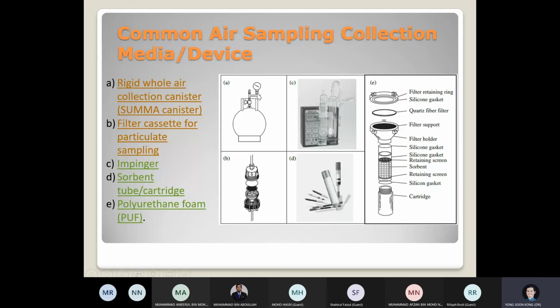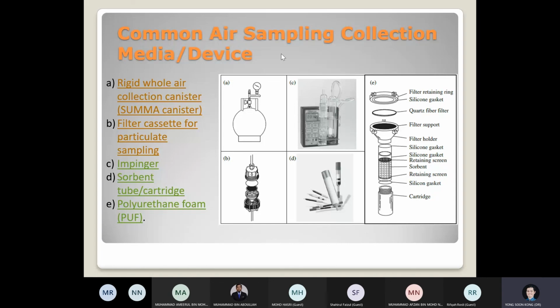Eventually the pressure will rise until it is equivalent to the atmospheric pressure. Once it is equivalent to atmospheric pressure, you know it's no longer drawing air sample into its canister. By that time, it will be closed off and sent for further analysis. Now this device has been used many times before, but given the advanced technology of NDIR, sampling no longer requires a SUMA canister because of the tediousness of the steps,